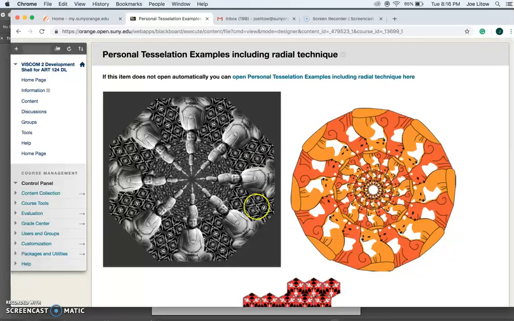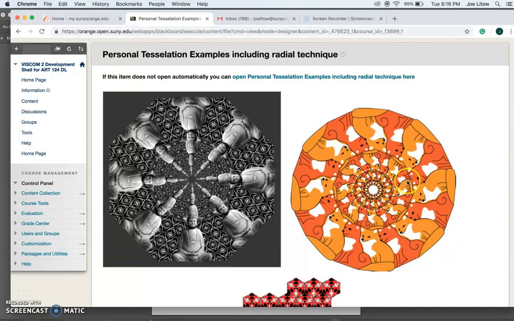As you can see here, the student took an actual photograph of himself and he tessellated it, and it gets from the largest image on the outside smaller and smaller as it goes towards the center of the circle, all based on the original 45 degrees, and actually this one was even fewer than 45 degrees.